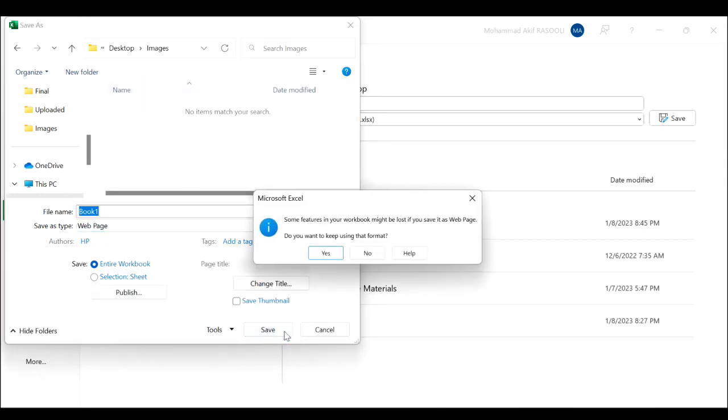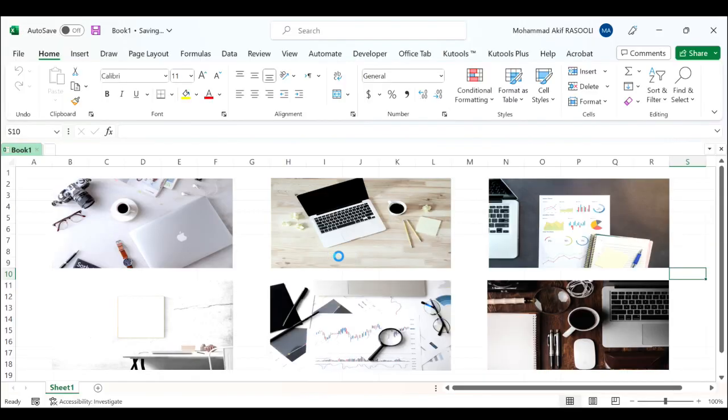In the popping up Microsoft Excel dialog, click the Yes button. The saving process will take some time, and you can see the progress in here. After the saving process is completed,